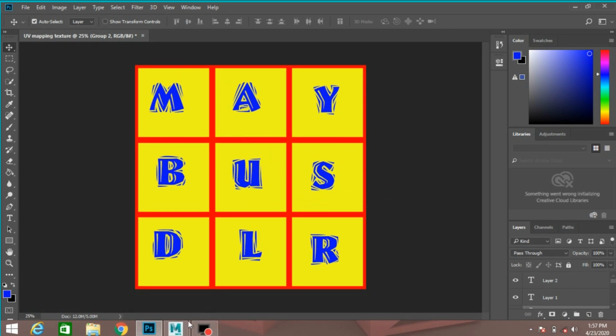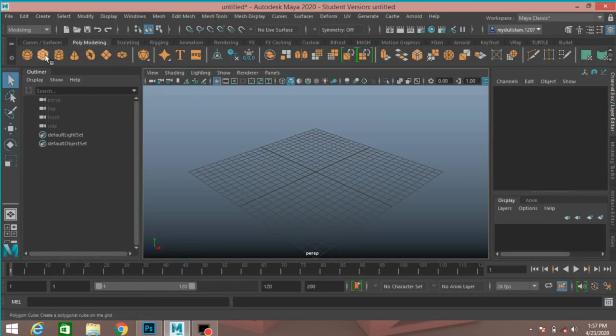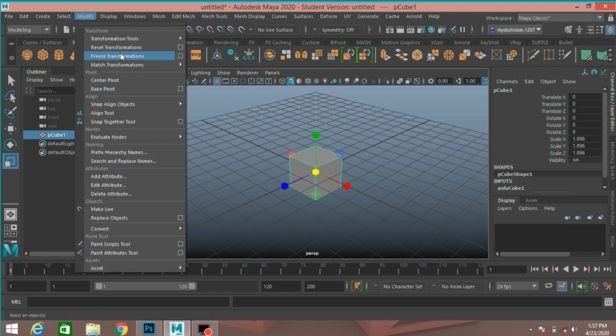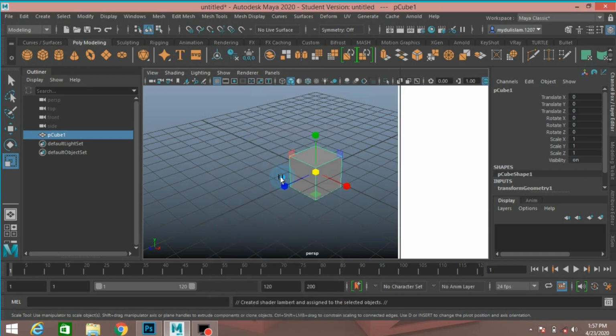Now open your Autodesk Maya and take a polygon cube and scale it slightly. Go to Modify, Freeze Transformation, right click, assign new material, select Lambert.